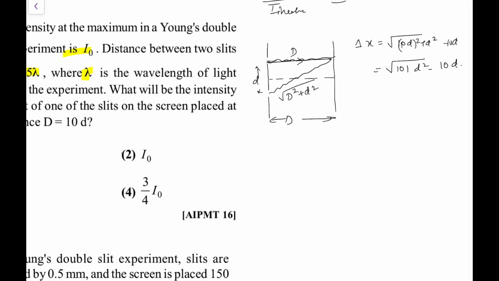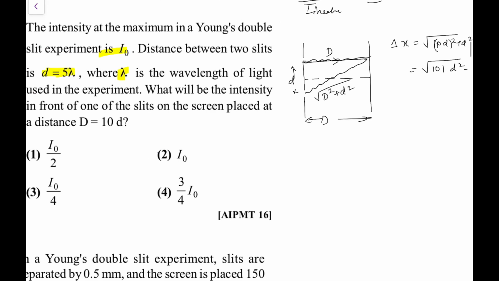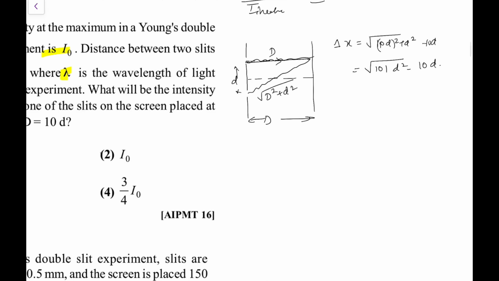So you could have directly gone for the sin theta approach also, but let me write it like this. This would be theta, so I can write the path difference as d sin theta. d sin theta would be d into d by 2D, that is d square by 2D, and d square by 2D would come out as d square upon 20d, or you can write it as d by 20, that would suffice for us. From there also you will roughly get that data.